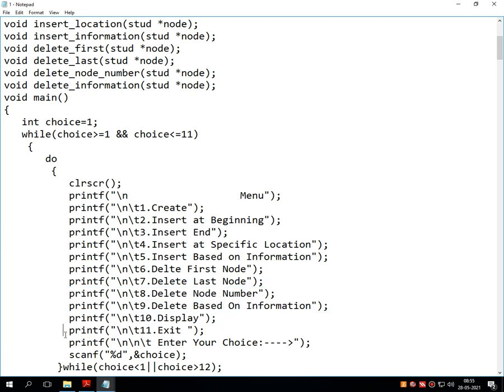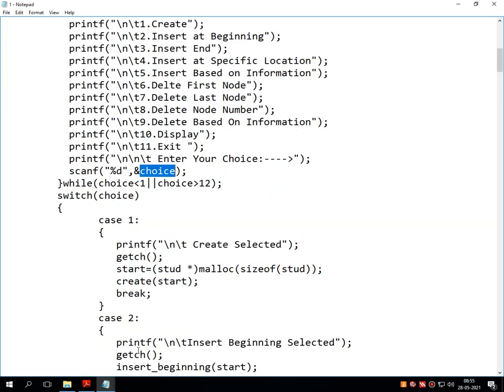display and exit. Now whatever choice you enter over here, according to that the switch statement selects the case. That means as per the user's choice it selects the case. Suppose the user has entered 1, then case number 1 is selected. Whenever case number 1 is selected, it displays create selected first, then we have to press enter.